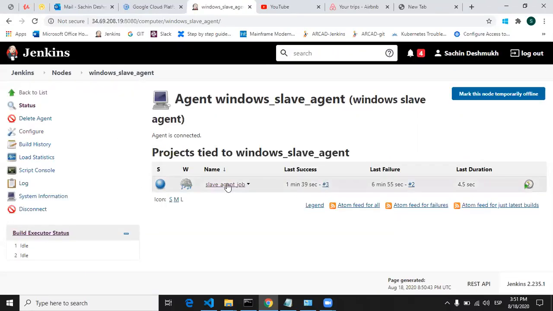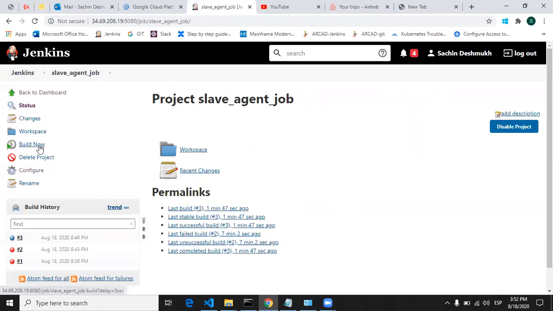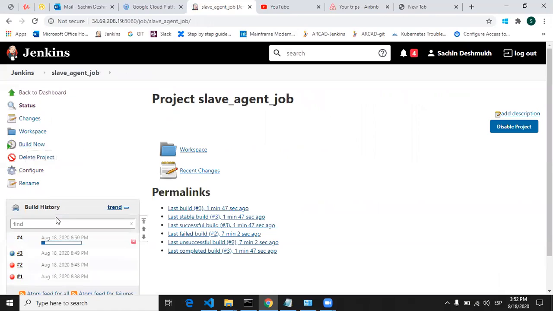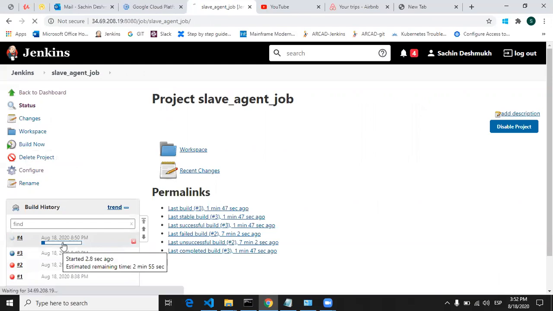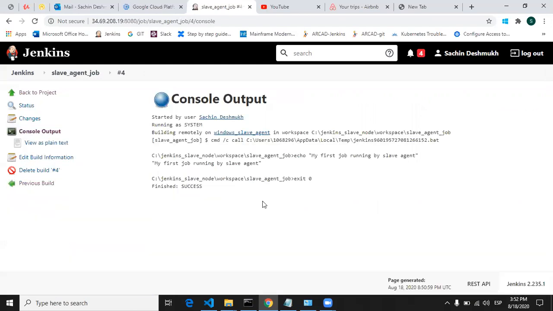then this is the job which is tied with this Windows slave agent. So I'm just clicking on this and I will build now. Okay, so I'm getting success. So you have to provide a proper installed version of JDK. So that was it.